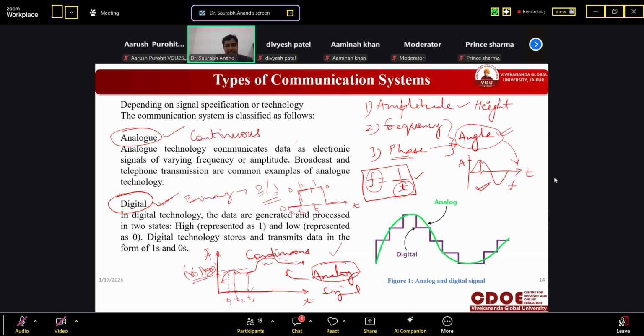Suppose we draw like this. So will you understand? No. Once we connect it, so you can say that it is 0, it is 1, 1, it is 0. So depending upon the height. So you can see that continuously this is the signal 1, this is the signal 2, 3 and 4. So you can see that second and third both are same. So it will be at same level. There will not be difference between their height. Got it? So we have only two levels, either this or